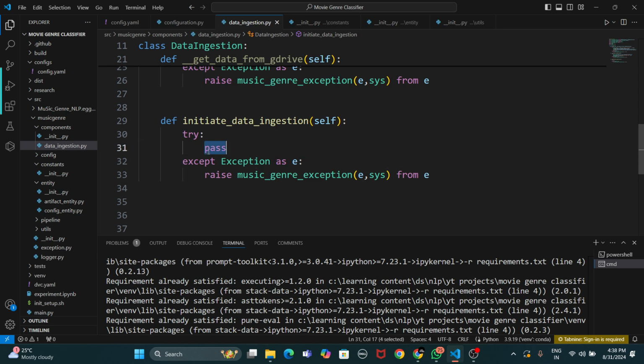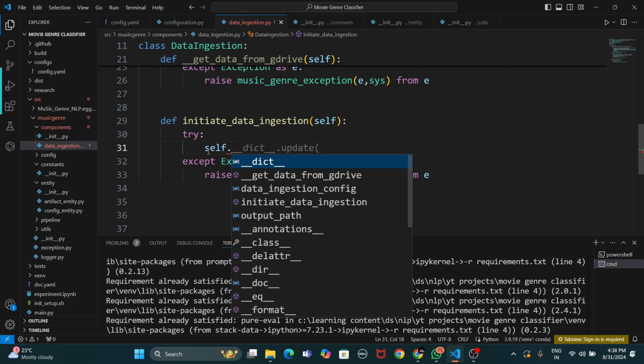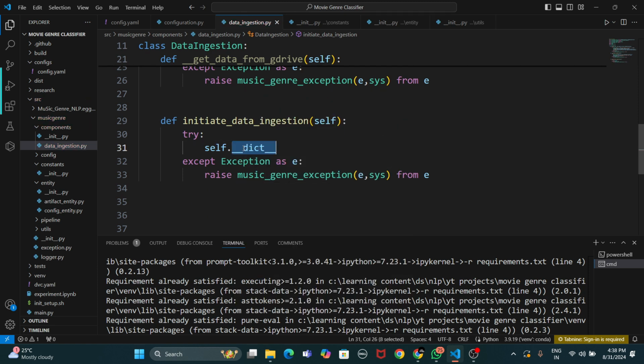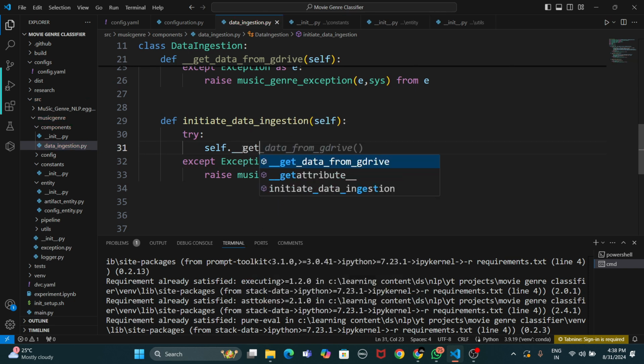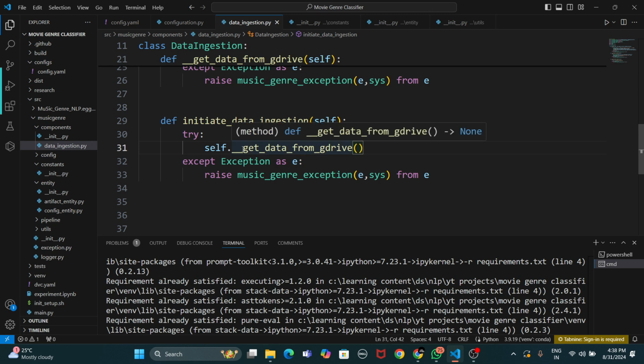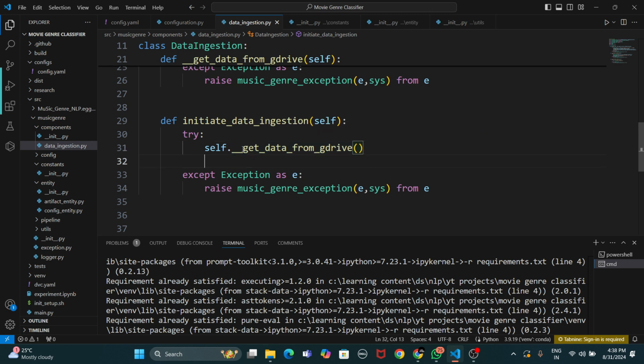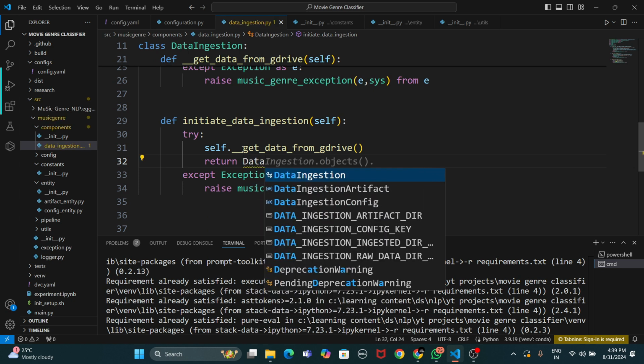Okay. Yes. So now try. So now we are going to call our private method, underscore get data from G drive. Yes. So we're going to call this, and after that we're going to return data ingestion artifact,